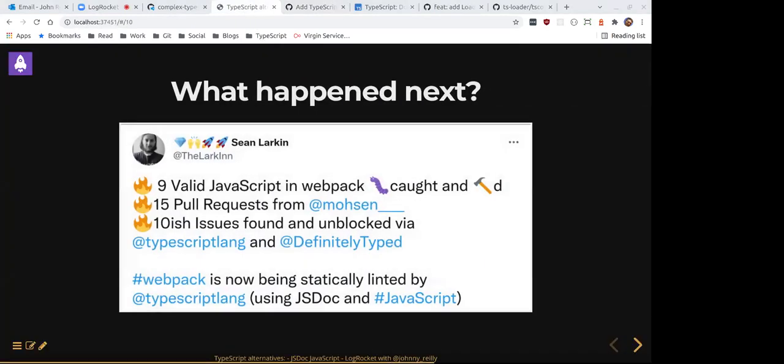So what happened with this PR? Well, it got merged. I think it took about a month or maybe 3 weeks or so. Yeah. So here's a tweet that Sean Larkin of the Webpack team put out at the time. 9 valid JavaScript in Webpack bugs were caught and killed. So static typing annihilated 9 issues in Webpack as a result of this. There were 15 pull requests from Mohsen, and there were 10-ish issues found and unblocked by the TypeScript team and the DefinitelyTyped peeps. And from that point forwards, Webpack was statically type checked with